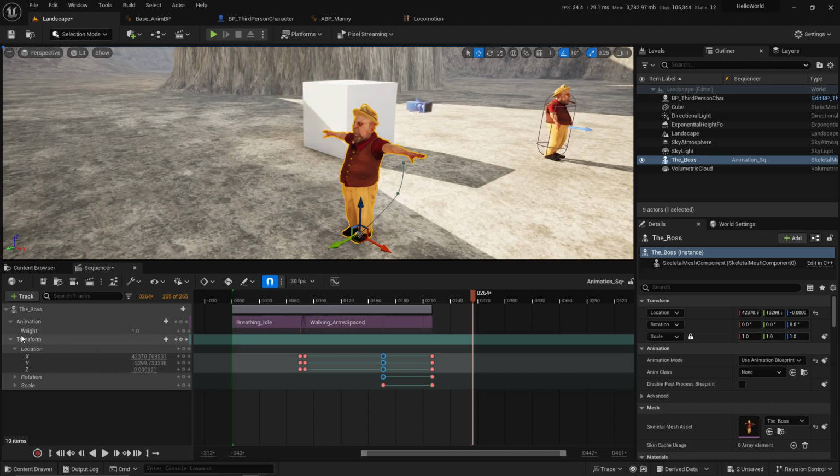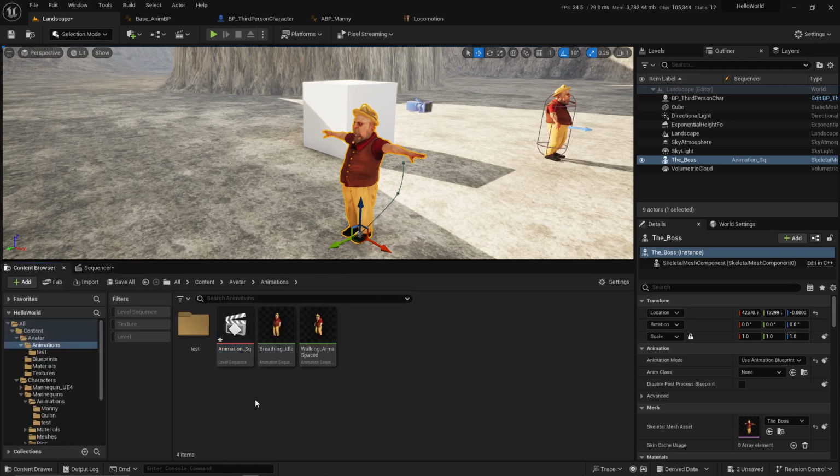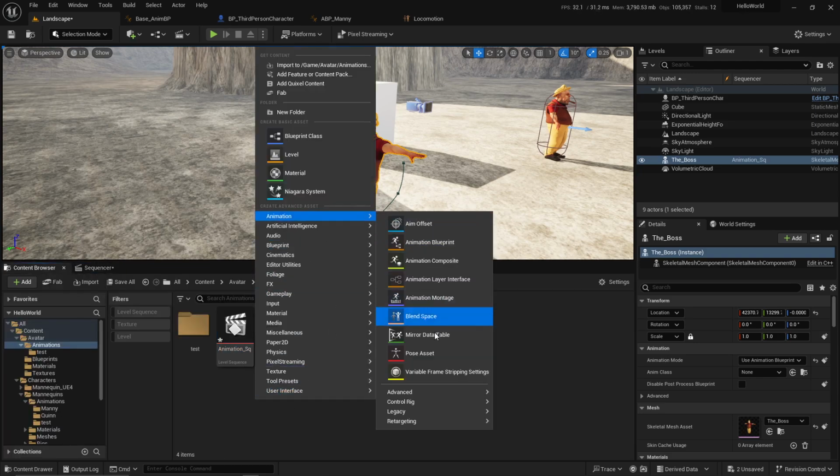So it's just a simple overview of Sequencer as well and how we can add our custom animations. These sequences can be quite complex. So what you can do is create a sequencer out of this, and now I can create another